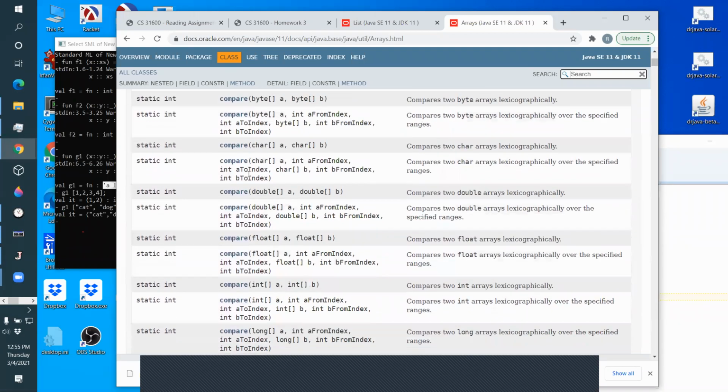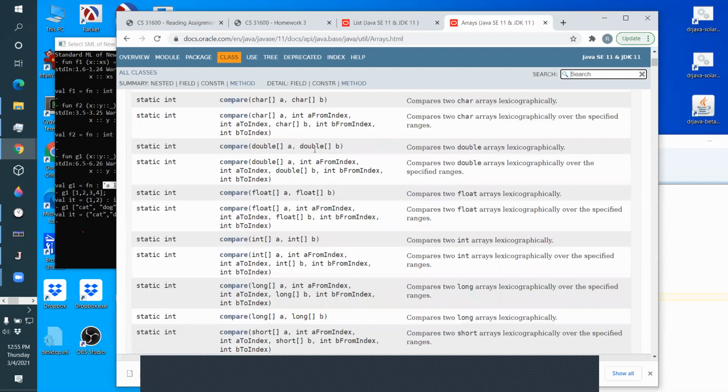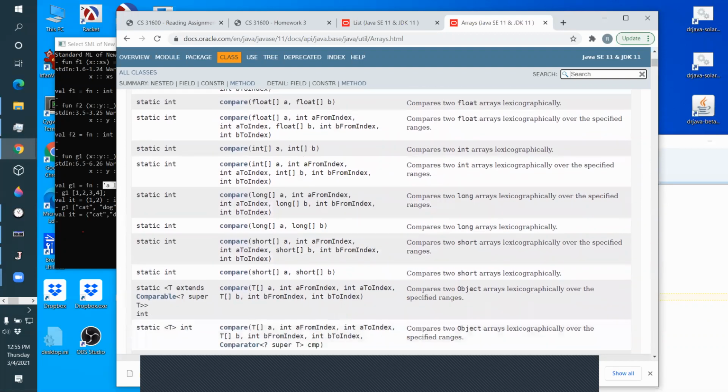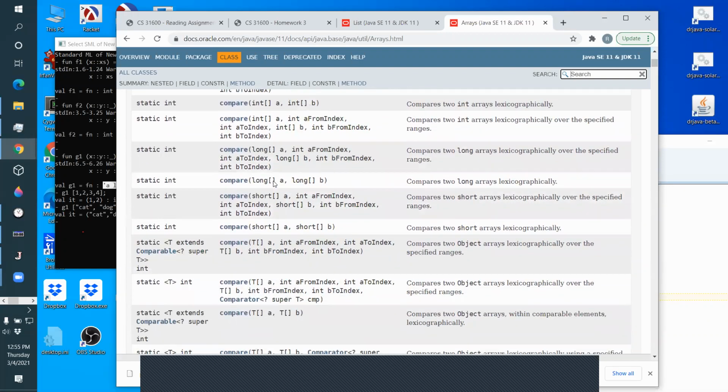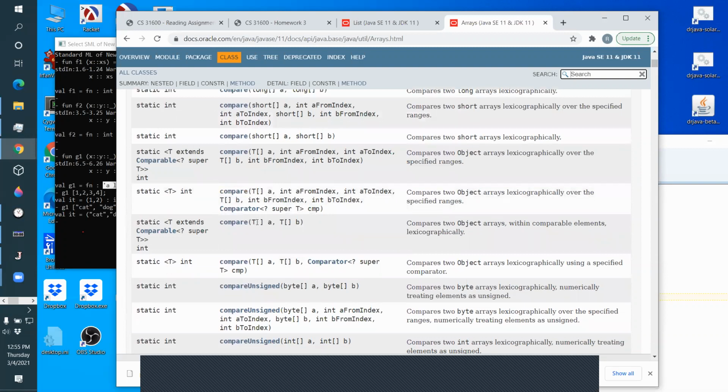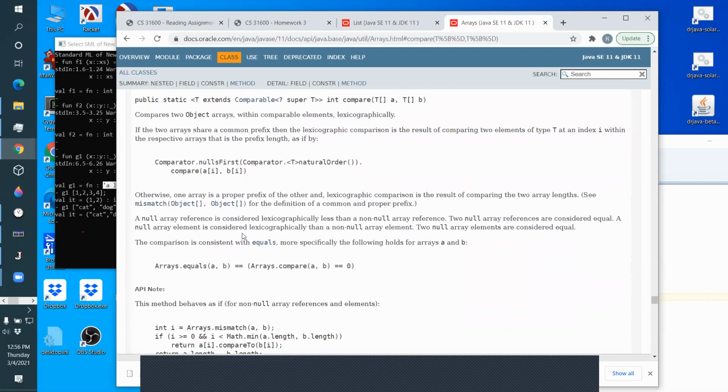Then you go down here and there's compare. Compare two arrays of bytes, compare two arrays of char, compare two arrays of double, compare two arrays of float, compare two arrays of int, compare two arrays of long, short. Then you could compare two arrays of object. Now here's the generic one. See, now here's where it starts to become the more modern generic one. These were put in the language much more recently. This was put in the language